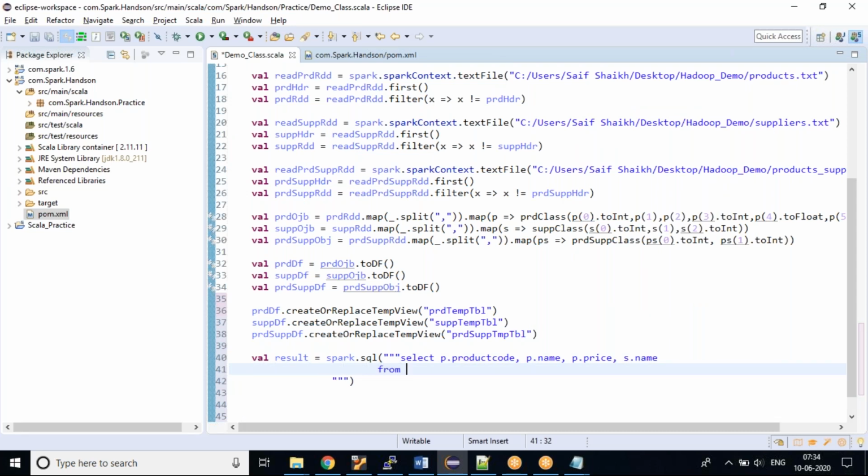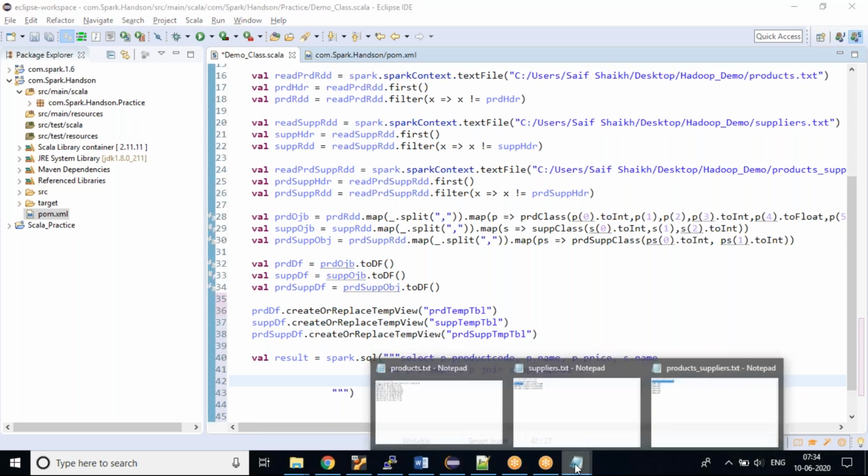So from my product temp table, which I'll name as P, I would be joining that with my supplier temp table, and that would be my S. Okay, so I've done my join. Now I need to give a joining condition. What is the joining column?